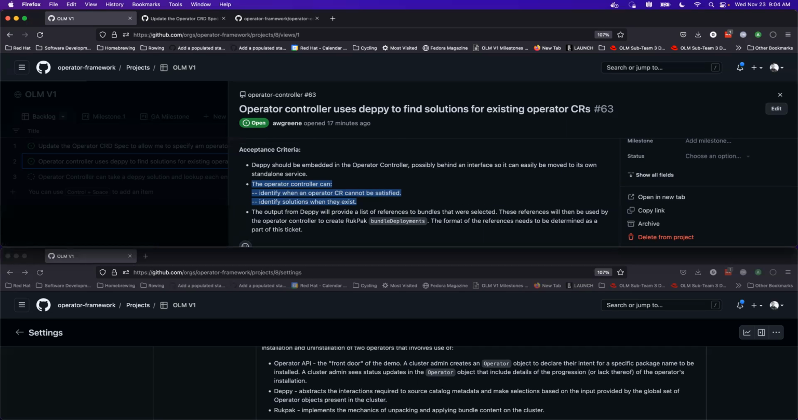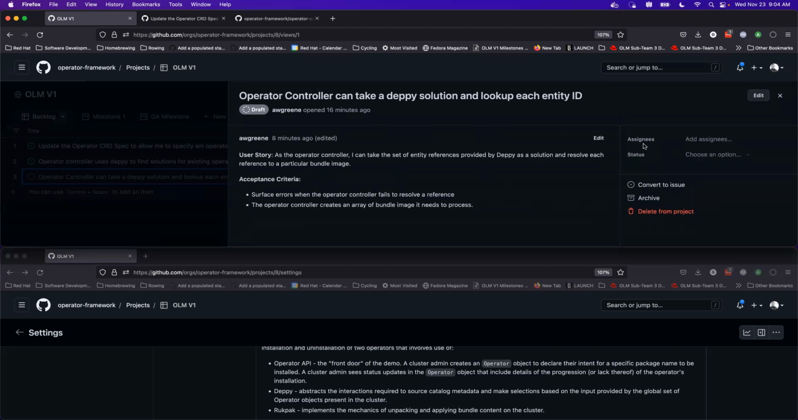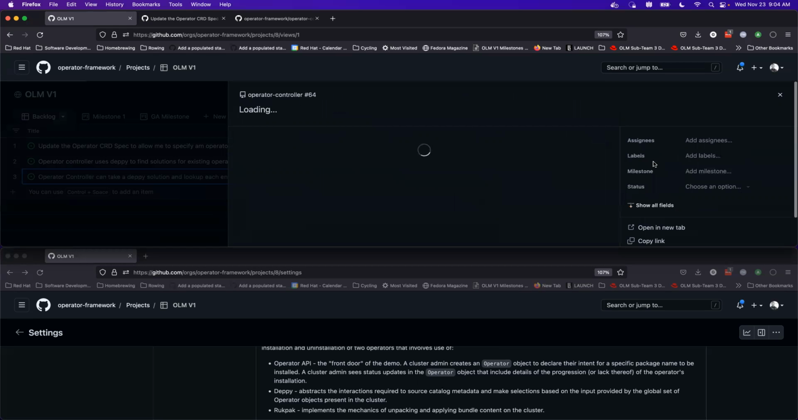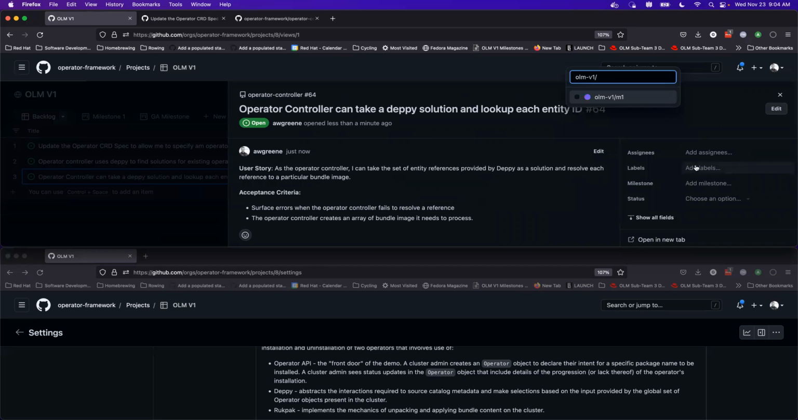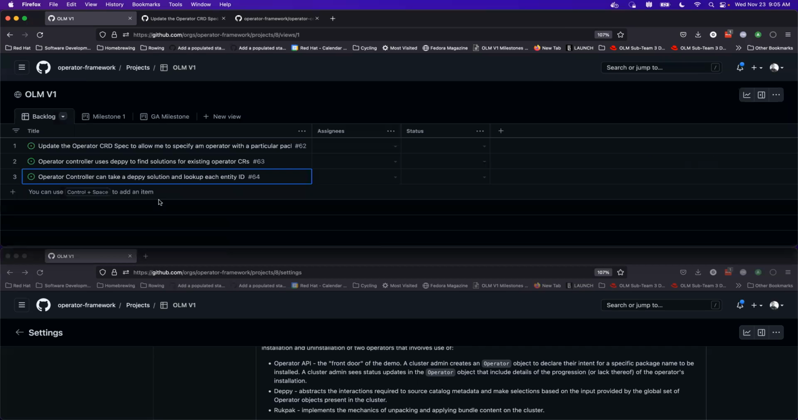Right. And again, I think we can go and create this issue. This is on the operator controller, and we'll add the labels OLM, B1, M1. And I have no problem going right here and making it clear that we have to give me